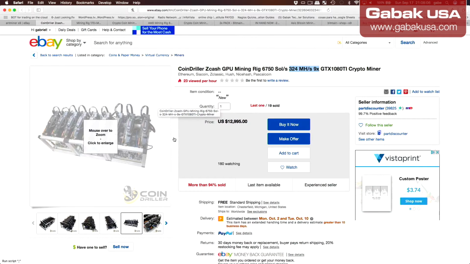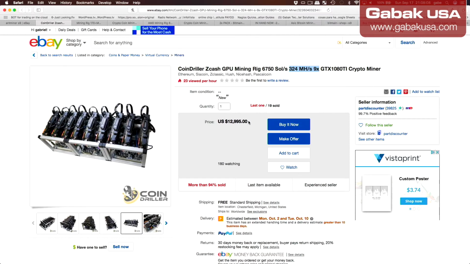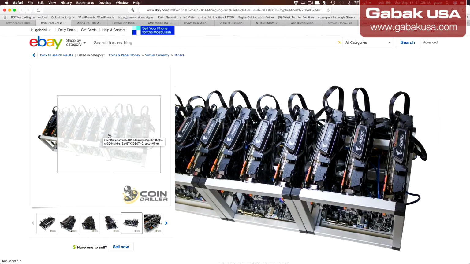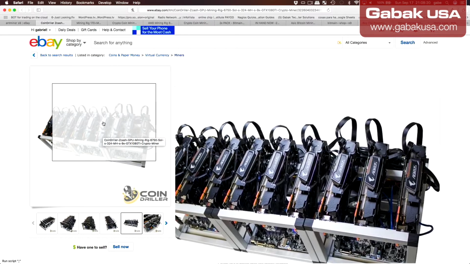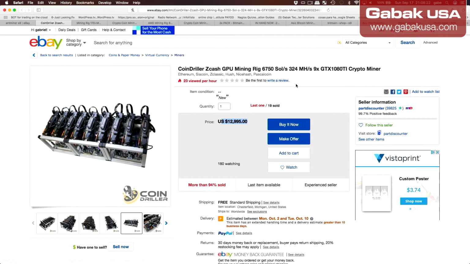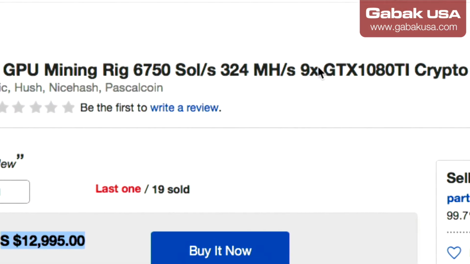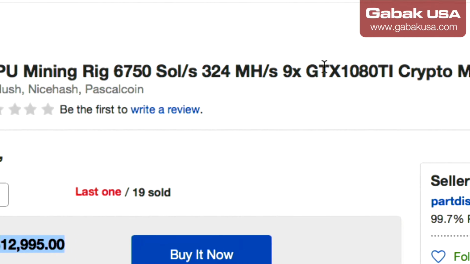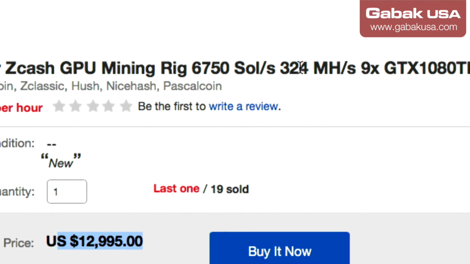Here we have for instance this computer, this rig. It costs like $13,000. So if you have this money, I'll show you if it is worth it or not. In this case we have 9 video cards. At least 2017 is the latest of the greatest. Here is the GTX 1080 Ti. So if you buy 9 of these cards, you're going to have